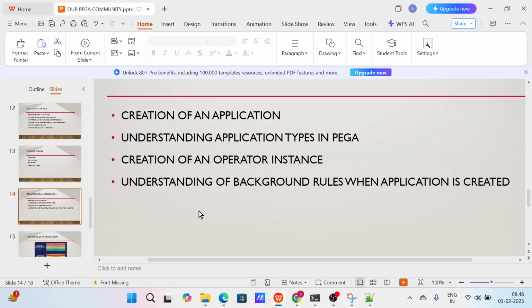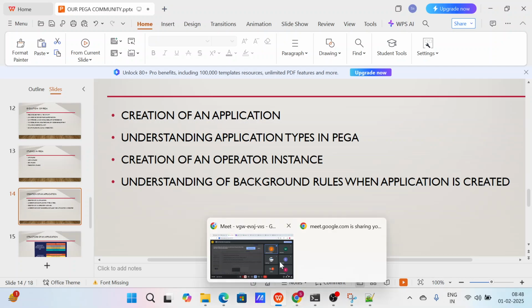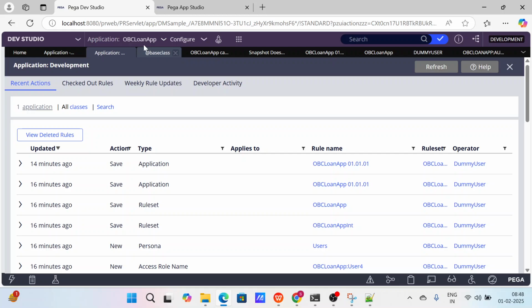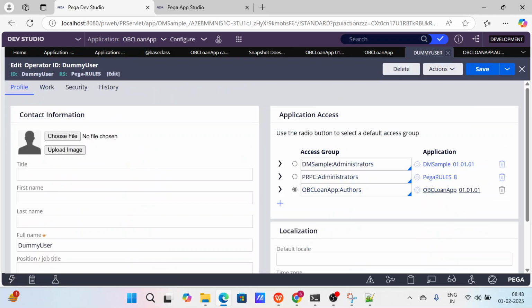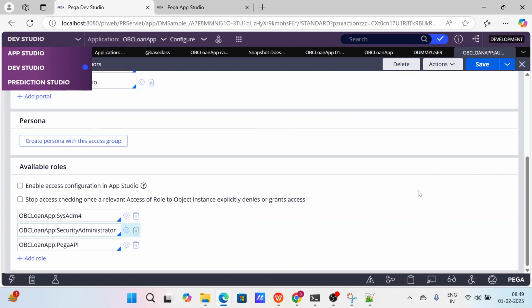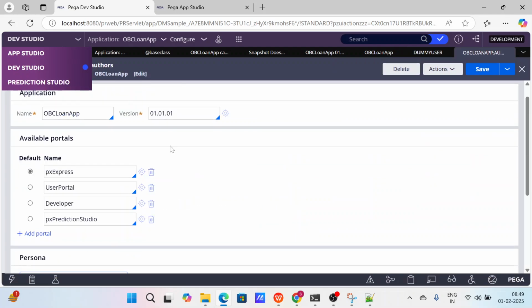How do we set the default to Studio? Good question. If I'm having access to this application, OBC one app, how do I have access to it? It means that for this operator, I have this access group. If I have access to this access group, then I can access the application. And the default Studio is present inside this access group. If you go inside this access group, you can see